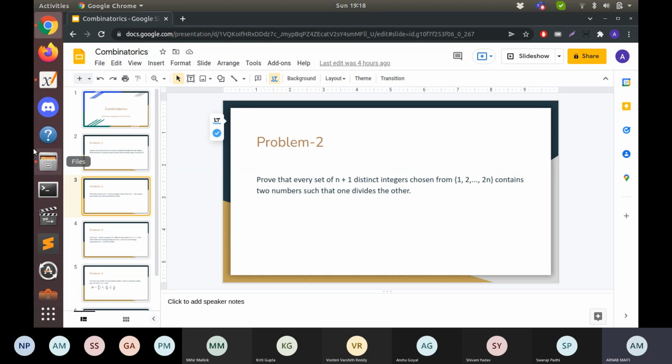The number 12 is nothing but 3 into 2 to the power 2. Similarly, 16 is 1 into 2 to the power 4. And 5 is nothing but 5 into 2 to the power 0. So you can see that every number can be represented in this form.